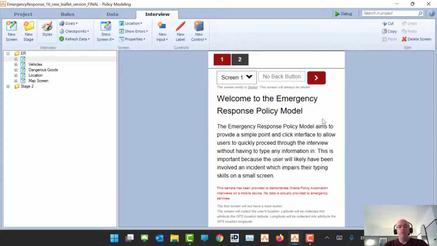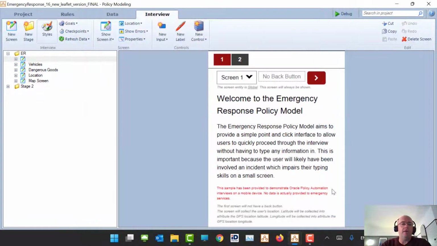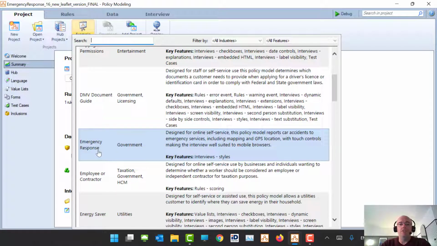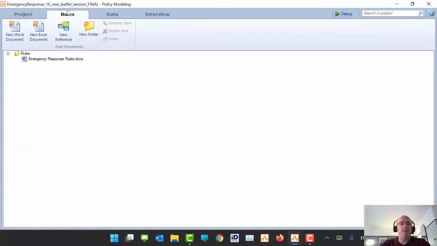So what else could we do with this project now that we have it in our hands? Well, of course, we've seen several different things, but I'd say that this project is an excellent way to stretch your wings as far as modifying the styling is concerned. Really easy to do, really easy to back out of because it's supplied as a zip file. If you want to go back and try again, you just reselect emergency response and rub out your project and try again. The other reason it's a good one is because there are only 4 rules in the original project,